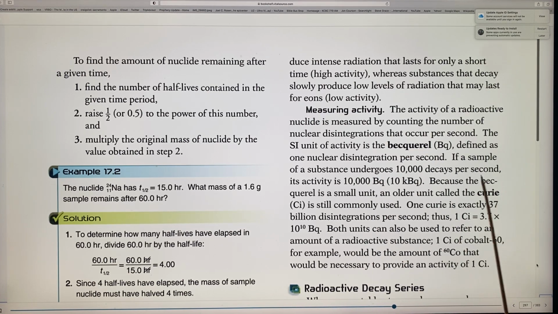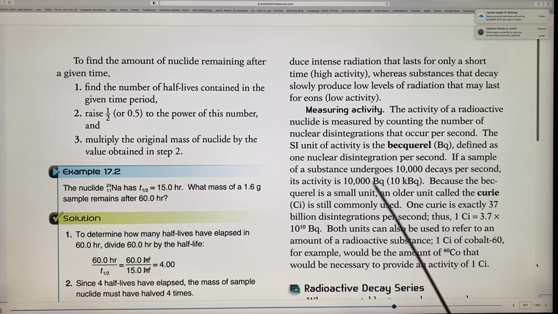So if a substance undergoes 10,000 decays per second, it's going to be 10,000 becquerel. Because the becquerel is a small unit, the older unit is called the curie, like Madame Curie, right? It's Ci. This was used before. So either one of these are units to measure